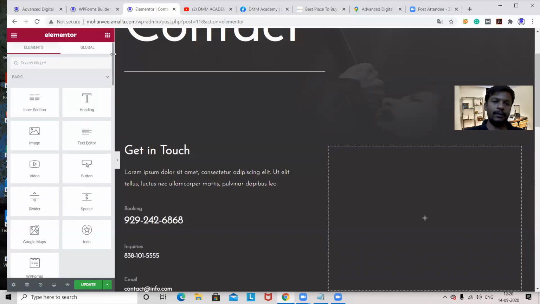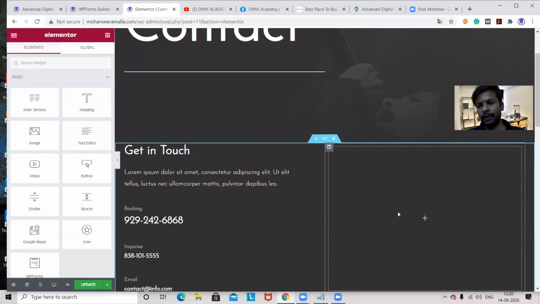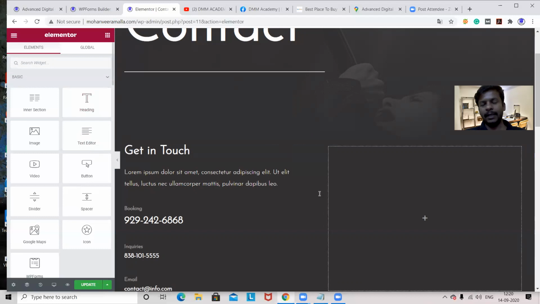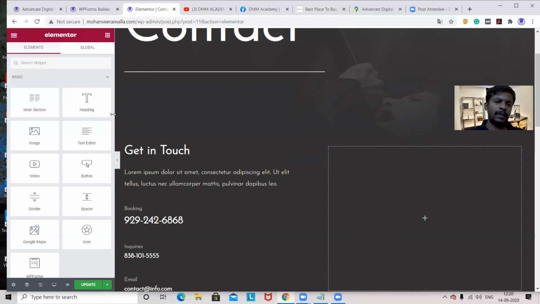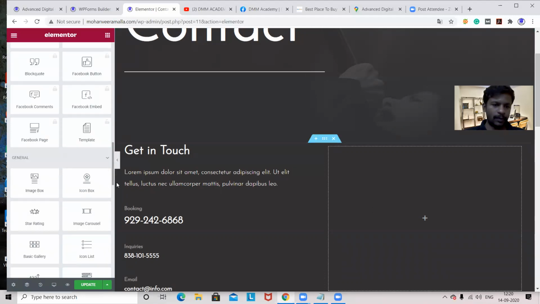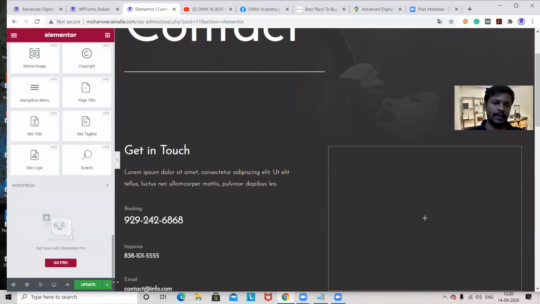For example, if you want to show embedded, then first you have to create a text file, the same way we did for Google Maps. You have to take the text file, copy that embedded code, and paste it there. Then your form will be available. That is one kind of process, and most people don't go with that process. If you have this opportunity, go with this process. This will be easy. Why take a text file and copy the code, everything?